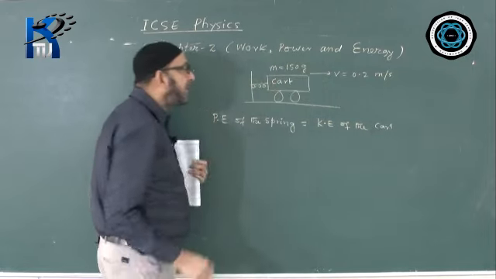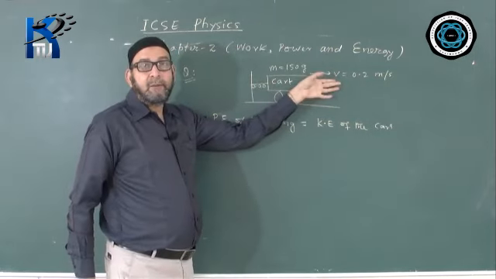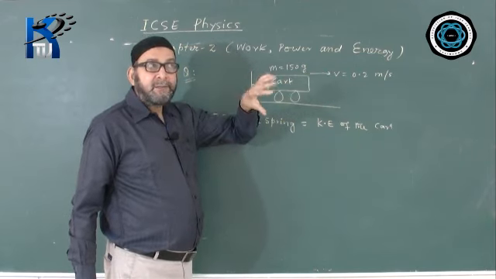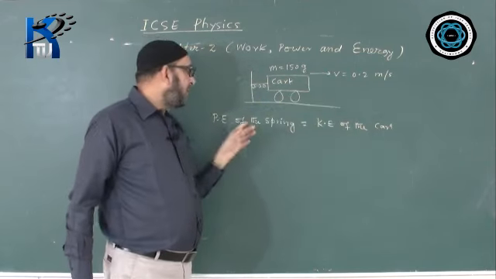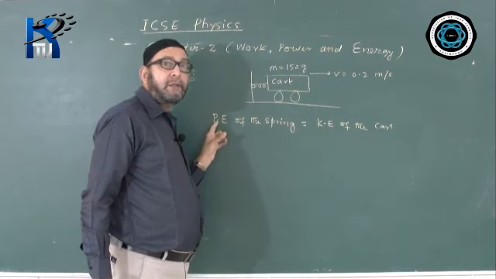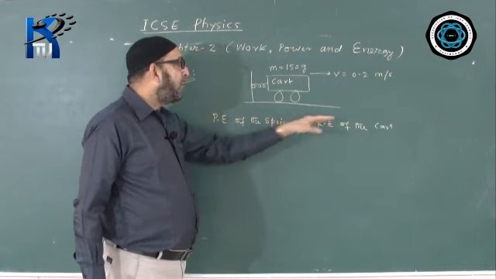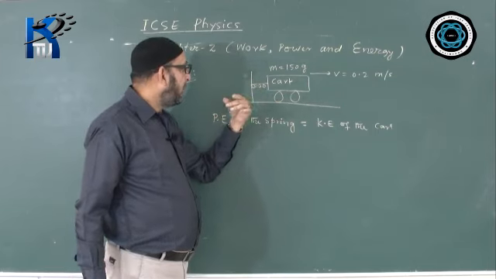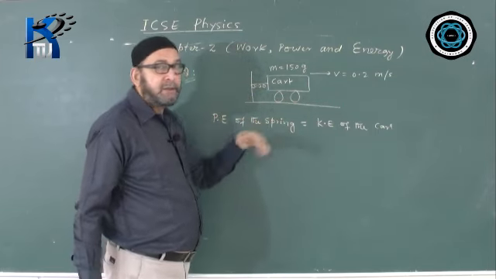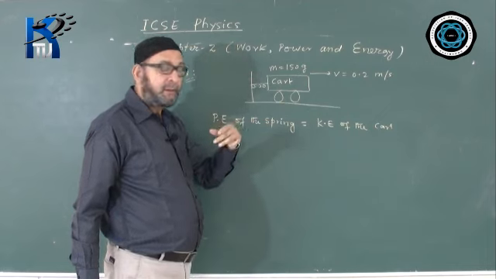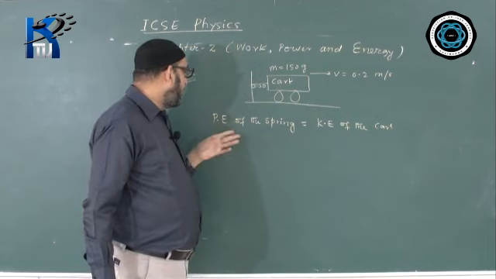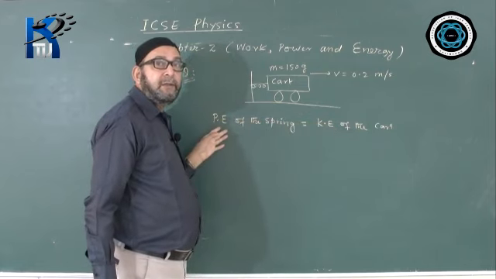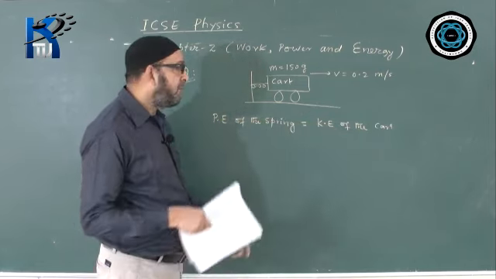The idea is very simple. When mass is given, velocity is given, what type of energy can we find? We can find kinetic energy. Let us find kinetic energy, but the question is demanding to find potential energy. So that is why we have to think about the conservation of energy, conversion of energy from one form to another form. There you will find that kinetic energy is provided by potential energy of the spring. So, energy conversion will follow.